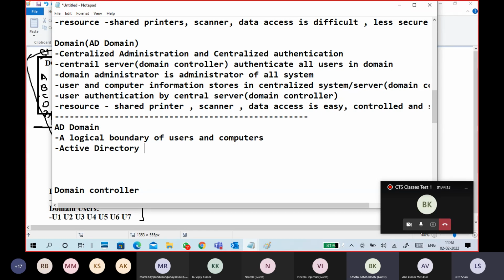What is Active Directory? In 2003, Microsoft launched a service of central authentication. Something is there. Okay, you can read it, but you have to add those things here also. So it is very simple. Active Directory database is there. Active Directory maintains a database. Active Directory is a service that maintains a